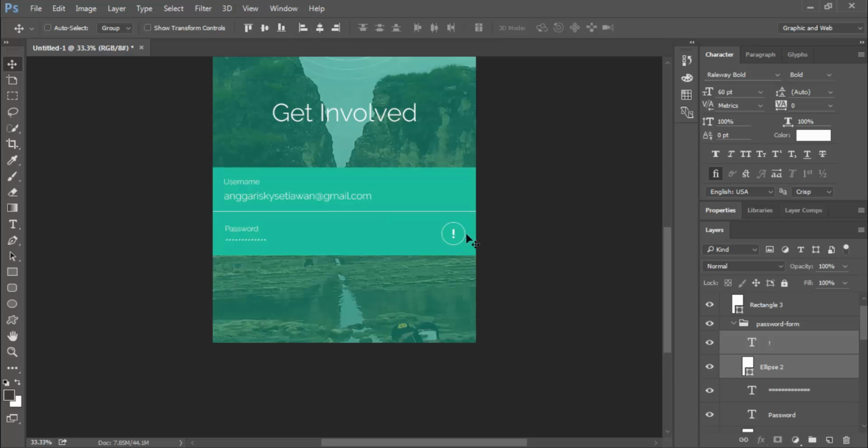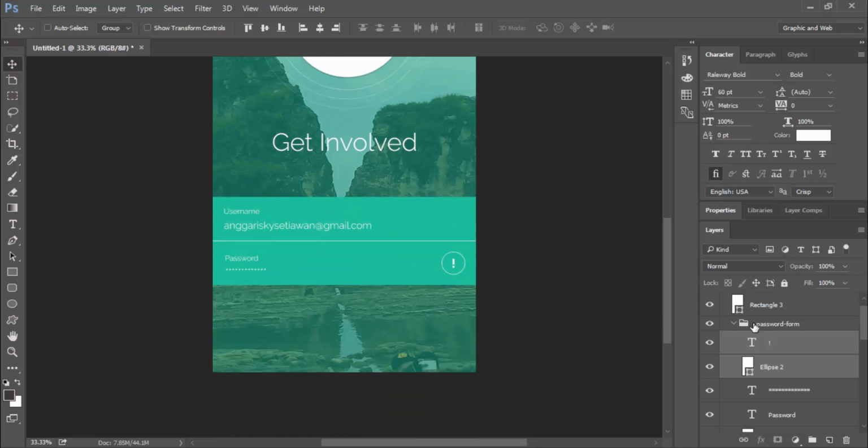Okay, and now we can duplicate this password form for the sign up or login button.